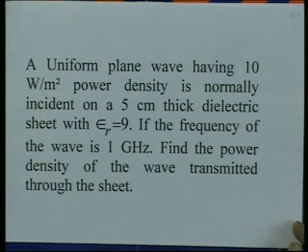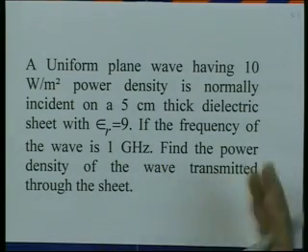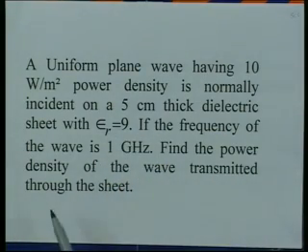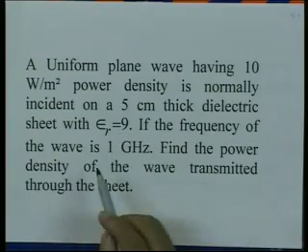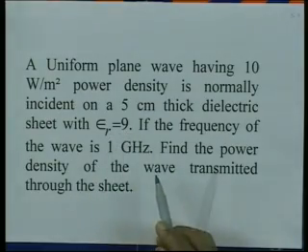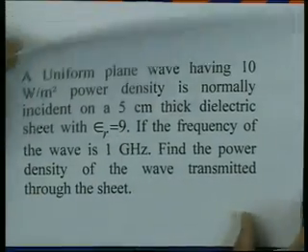So, essentially what we have here is a medium which has a finite thickness, and then we have to find out how much field is transmitted on the other side of the sheet, which has a dielectric constant 9 and a thickness of 5 centimeters. So, this problem essentially can be solved as follows. We have